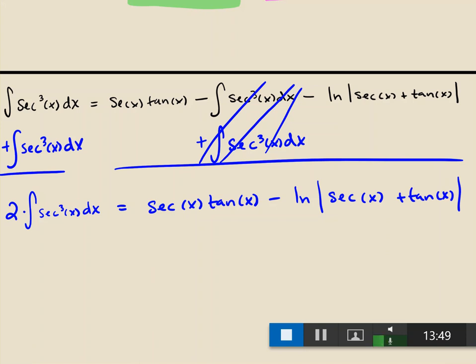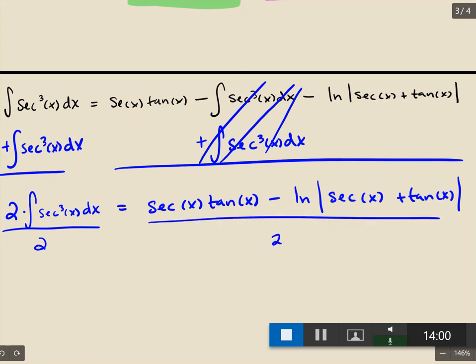And in order to solve for this, we're then going to divide both sides by 2, because if we divide both sides by 2, we'll have exactly what we were looking for. So the integral of secant cubed of x dx is exactly 1/2 times secant of x